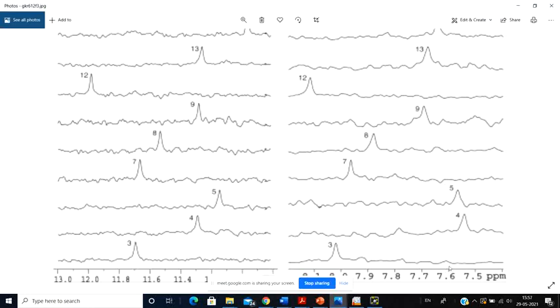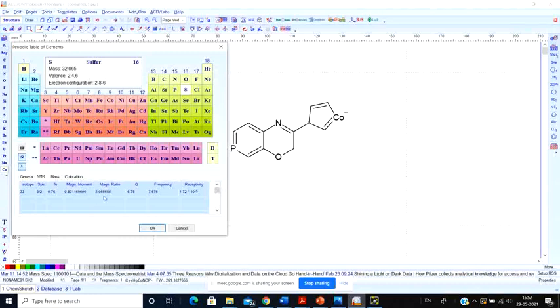But after you add a sulfur and you take an NMR spectrum, you see a peak like this at the exact location. After seeing that peak, you are now sure that yes, I have a sulfur, and the sulfur is successfully attached to that location. This is the utility of this NMR tab. By looking at this frequency, you know where it is going to give the peak, and you perform the NMR. If you find that exact peak at that frequency, you are sure that sulfur has been added to that particular region.